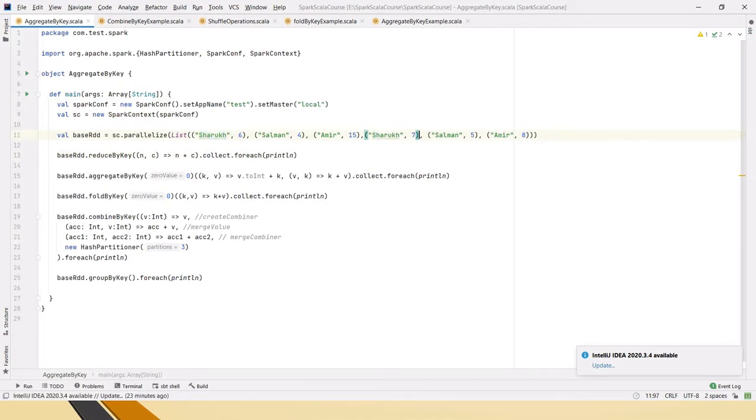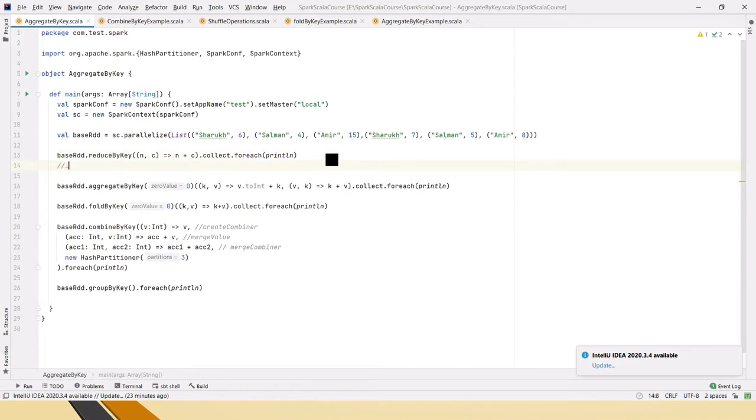So now let's see how this job will perform the aggregation based on the key. Wherever Shahrukh is there, it should sum up these values, 6 plus 7. Then whenever it is Salman, it should do 4 plus 5, and similarly for the rest of the data. So first, reduce by key. In reduce by key, this is the shorthand for that function, as I explained in the previous videos.